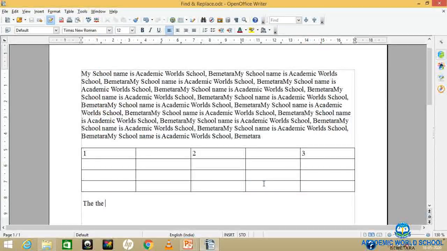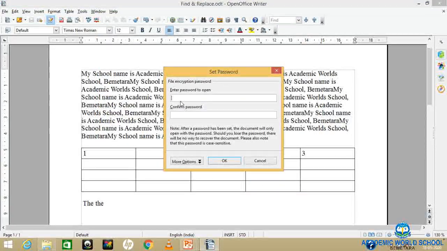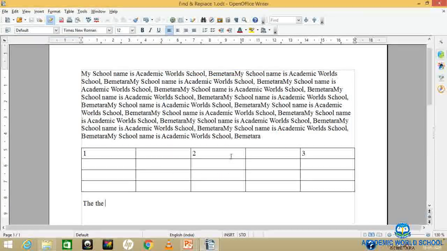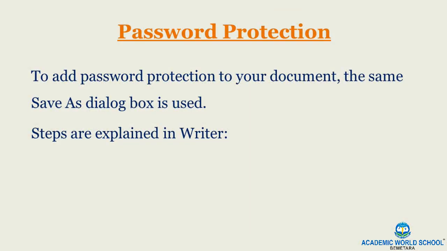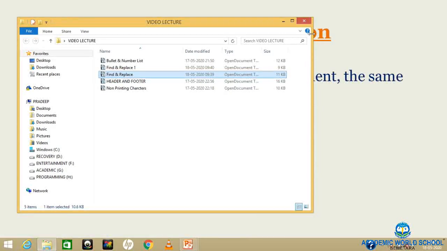Click this checkbox and click on Save. When you click on Save, it will ask you the password to open, confirm password. Suppose I'm writing here password, and here I'm writing 1 2 3, and then click on OK. So this file is saved with the password.